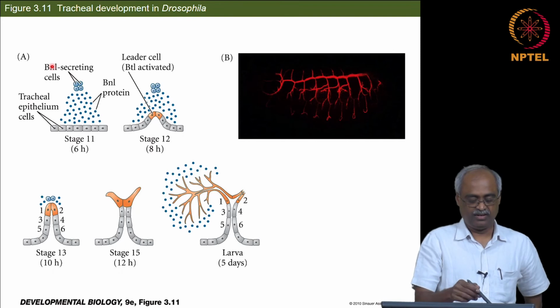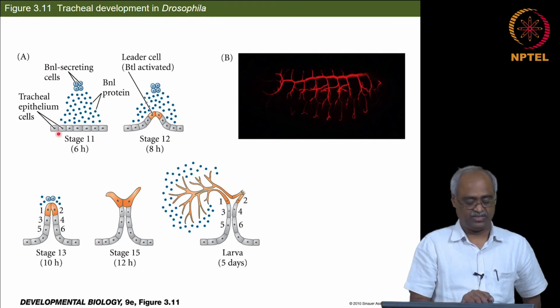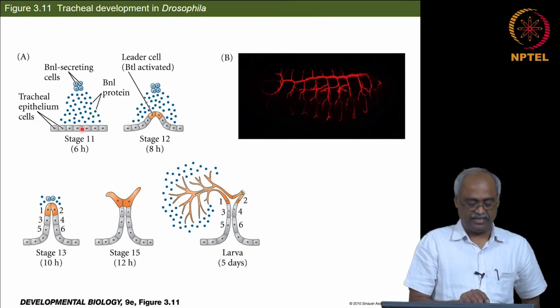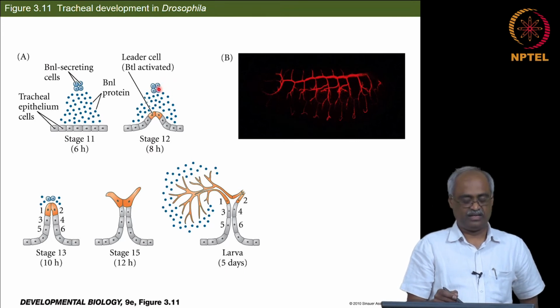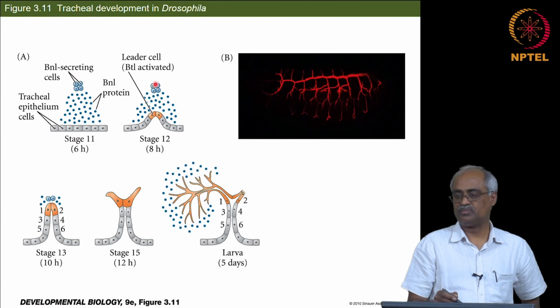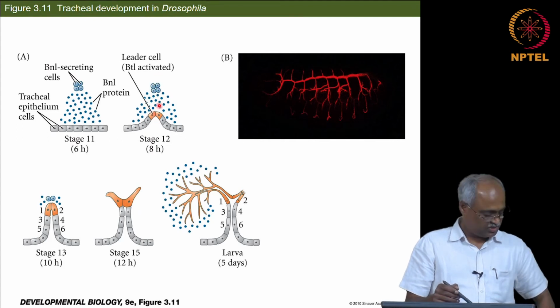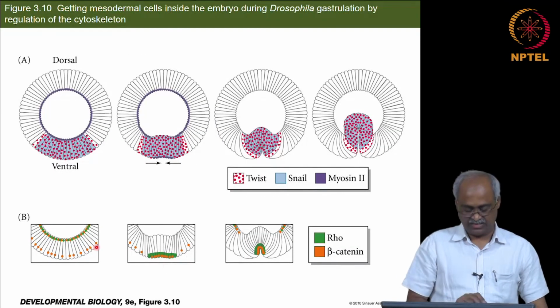So, branchless is secreted by the cells surrounding this sac-like structure, which is called the tracheal epithelium, and they make these cells move, or actually one leading cell will start to move towards the cells secreting the branchless, and that branchless is what leads to this reorganization from here to here,